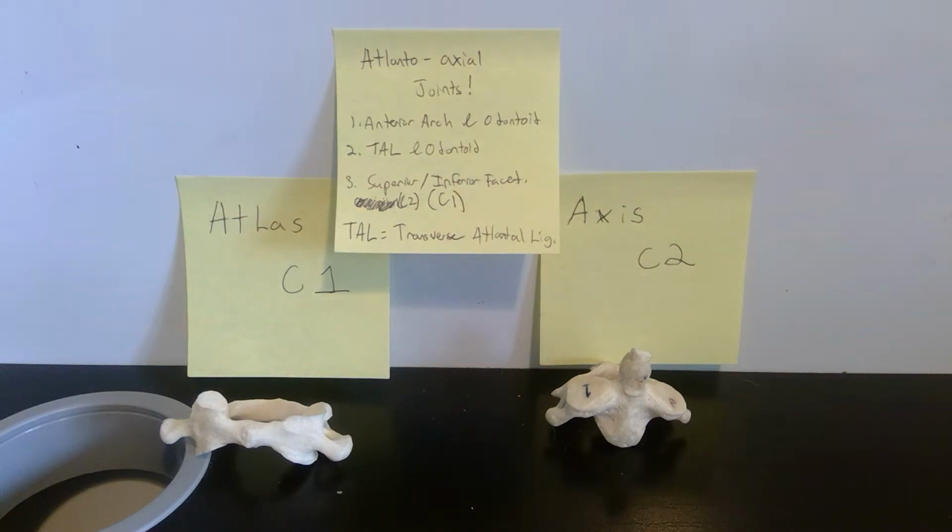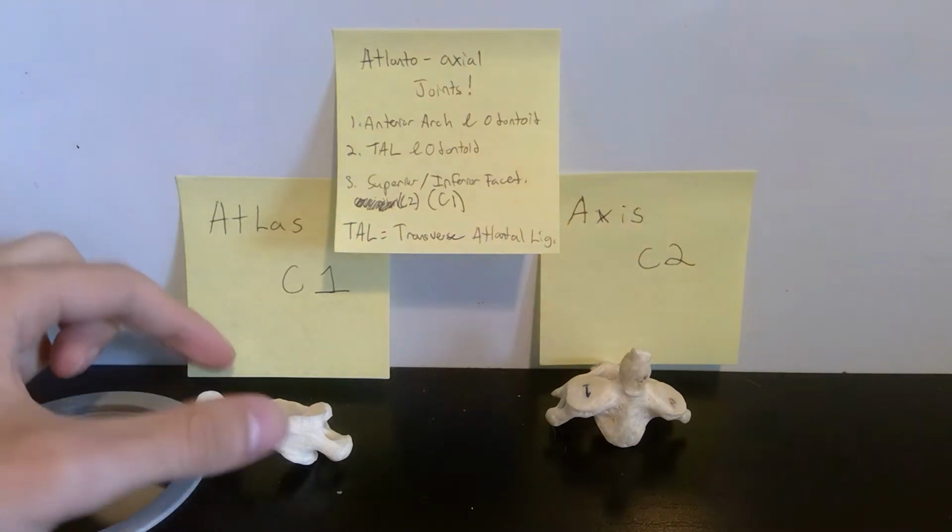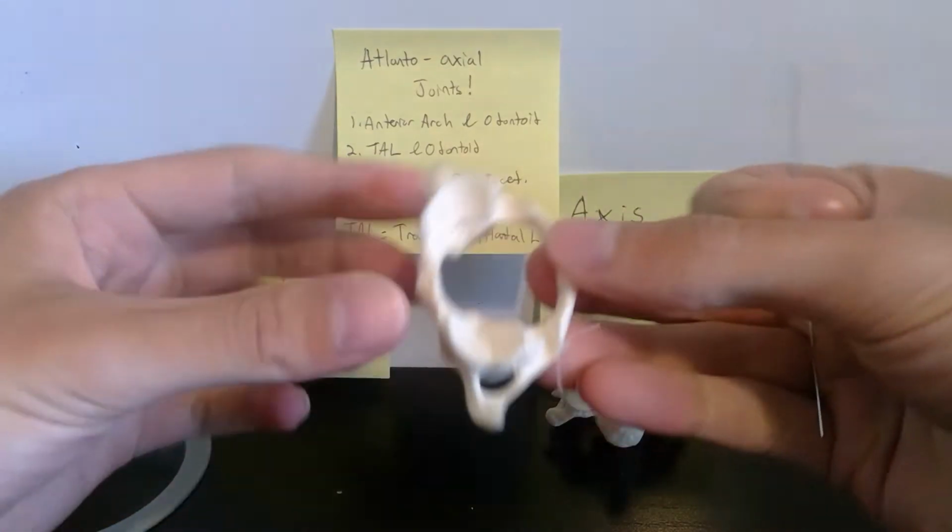Okay, so now we're going to be going over, as you probably assumed, the atlas and axis vertebrae. First we're going to go over the surface landmarks of each bone, and then I want to put them together so you can hopefully understand better how they articulate with each other. The first one we're going to go over is the atlas, and I'm going to spin it here so